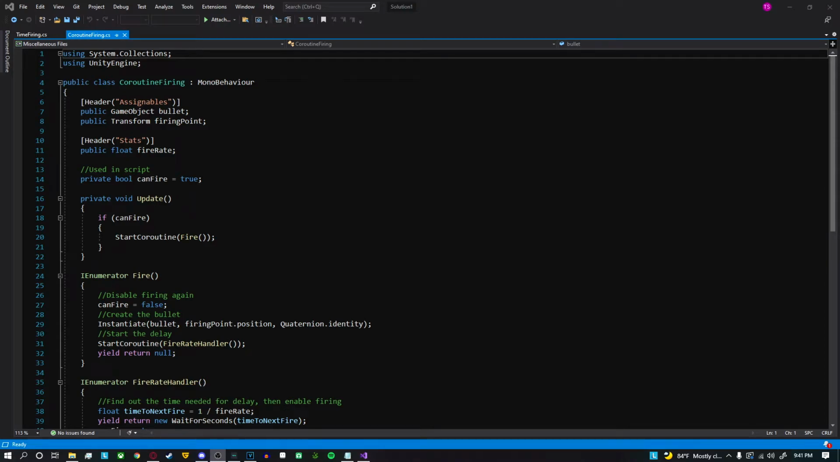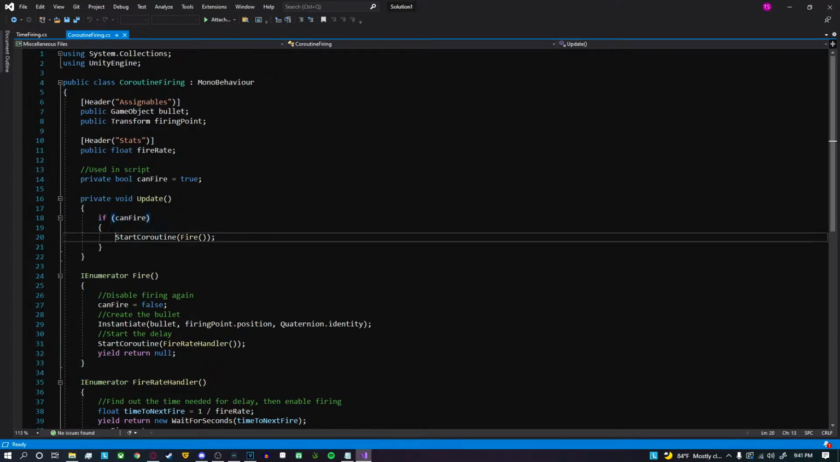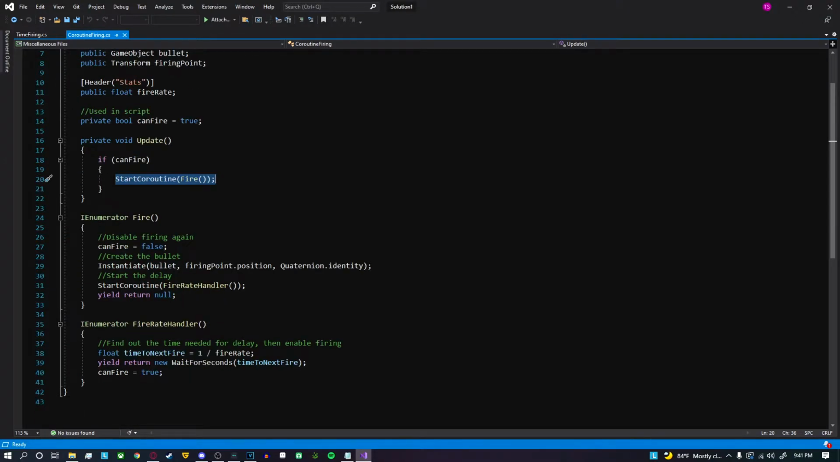So instead of the coroutine-based firing, we're going to need to add using System.Collections, since coroutines require that. And we're going to check if we can fire by using a bool. If we can fire, then we're going to start the firing coroutine, which all we're going to do is disable the bool so we can't fire again. We're going to create the bullet, and then we're going to start the coroutine, which handles the delay to the